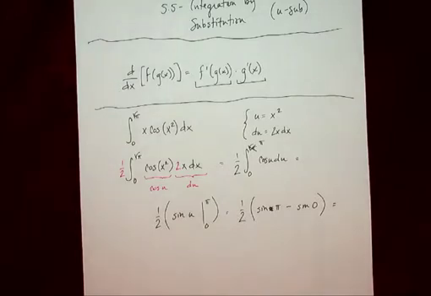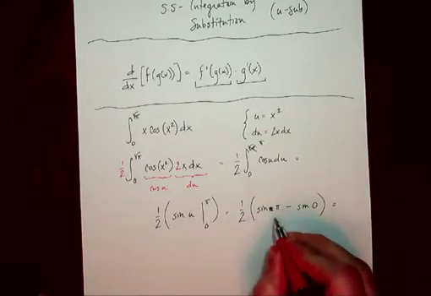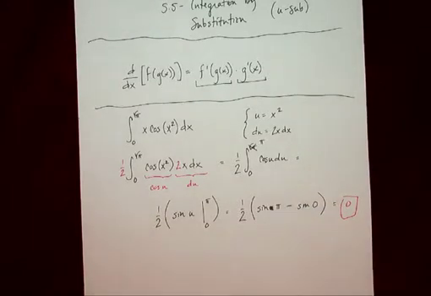Now, when we're dealing with these values, remember that sometimes, even though there actually is area being accumulated, you just don't get an area because the positive area and the negative area cancel each other out. And in this case, this is 1/2 of 0 minus 0, or 0, okay? Now, let's go ahead and